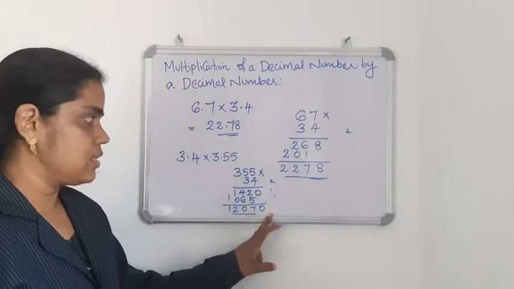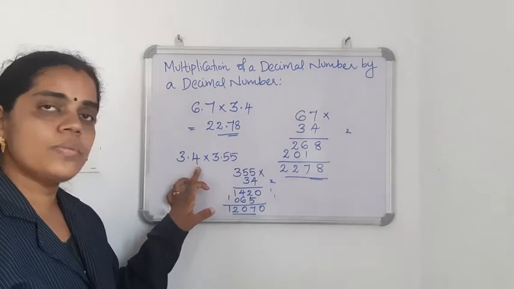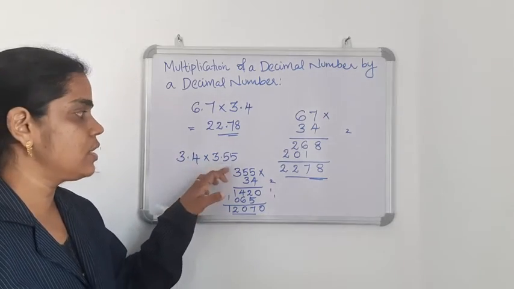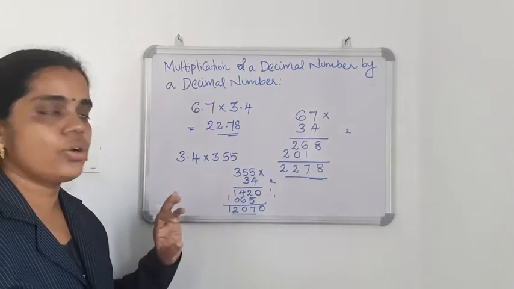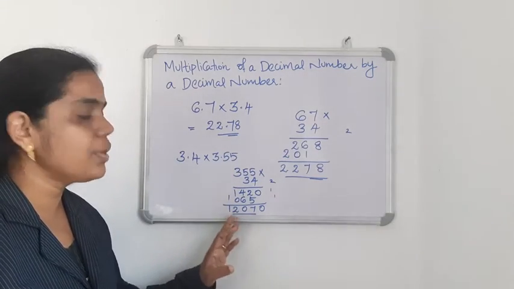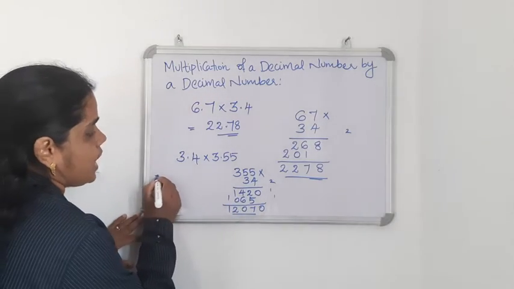12,070 is the answer. Now we can consider after the point how many digits are there. After the point here 1 digit, here 2 digits. So total 3 digits are there. So from the right side we can use the point after 3 digits. Okay, so the answer is